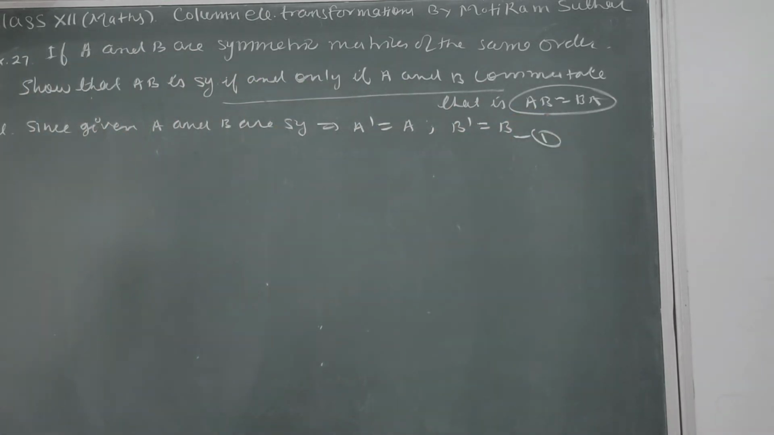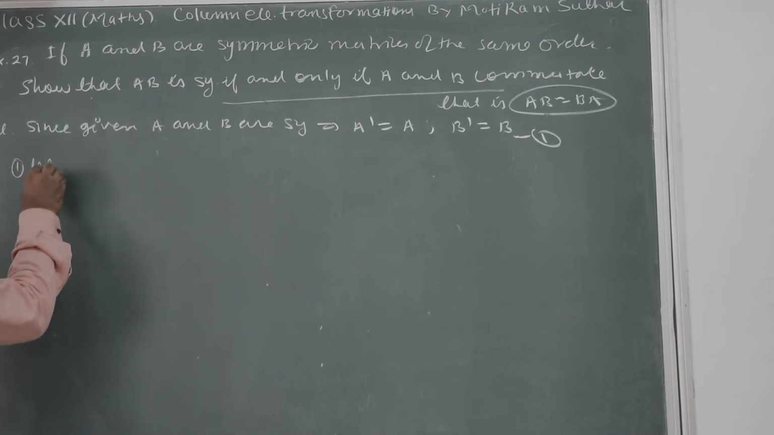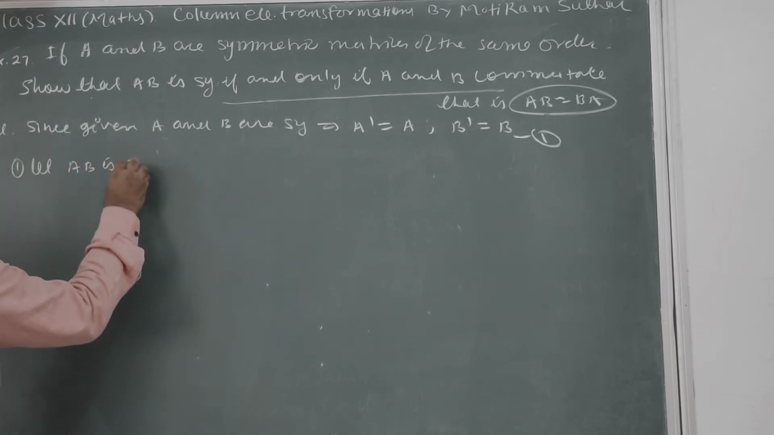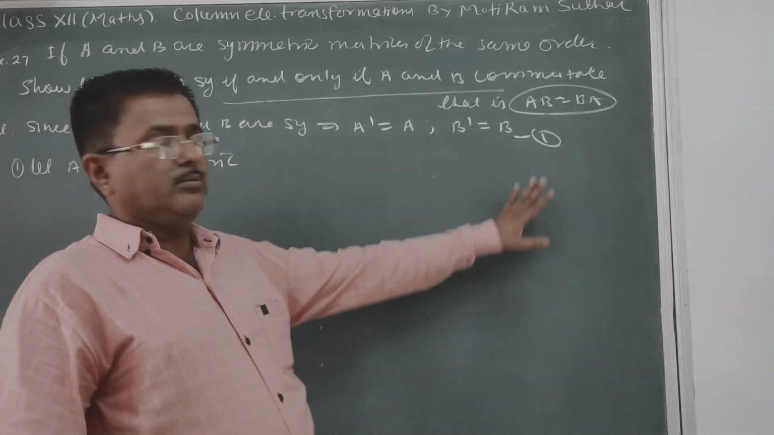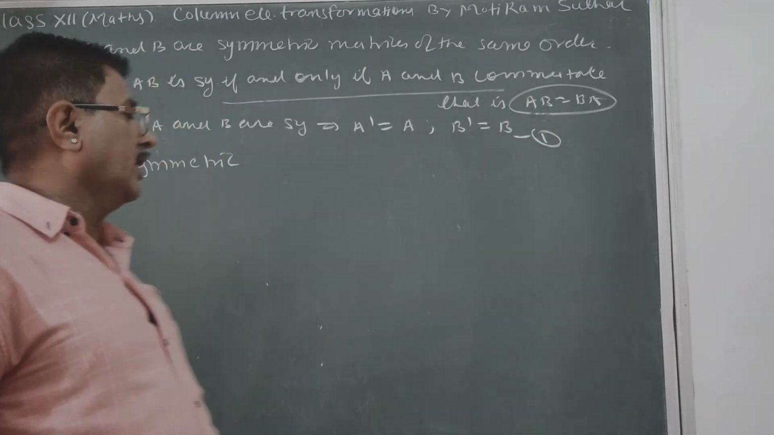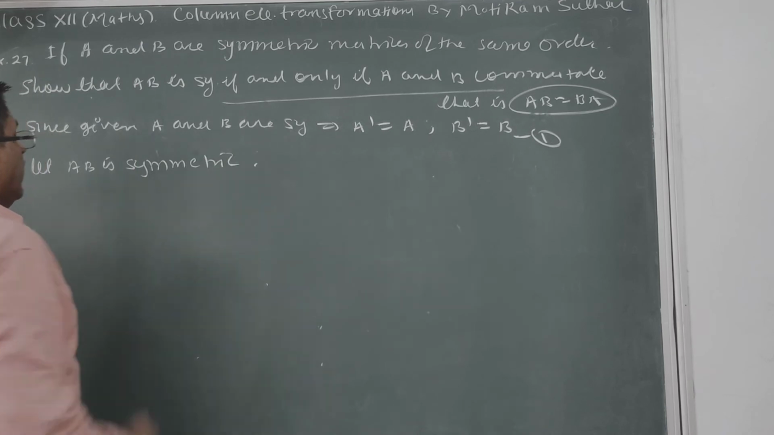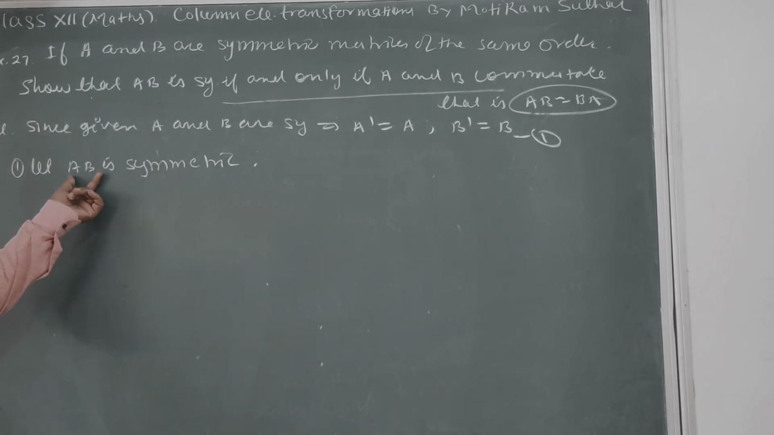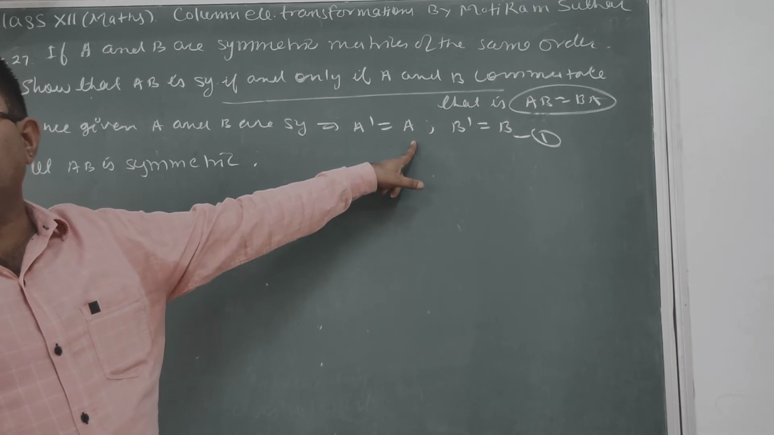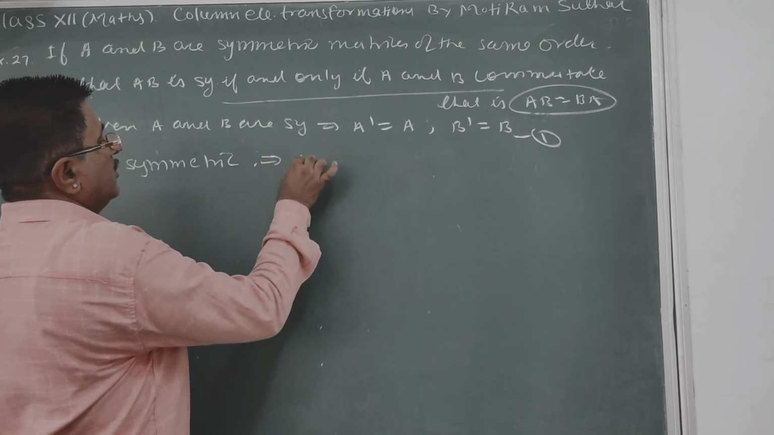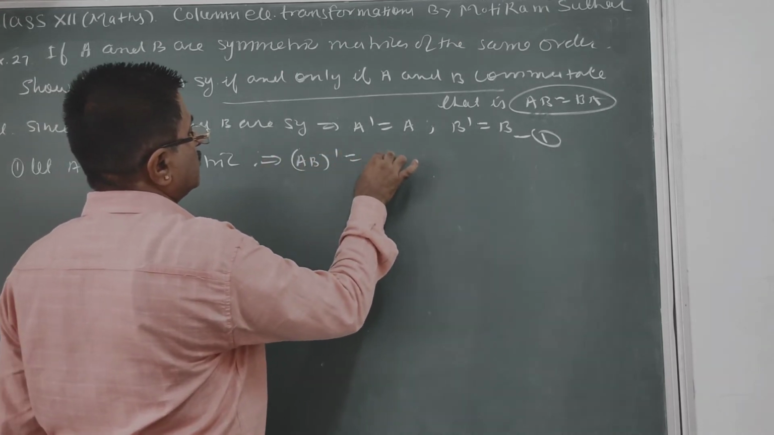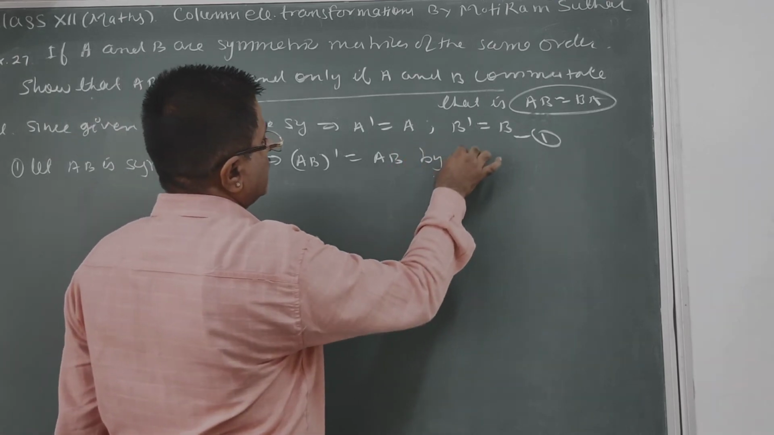So first part is that let AB is symmetric. Now if by definition any matrix is symmetric, because the product of two matrices is a matrix, so this is also a matrix. So if this is symmetric, then we can say this rule will be there, that is AB transpose equal to AB. So we can write AB is symmetric, therefore AB whole transpose should be equal to AB by definition